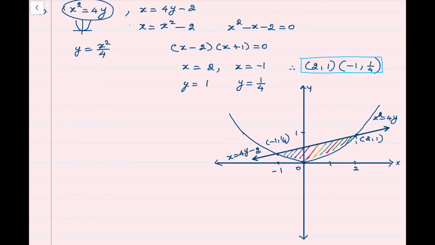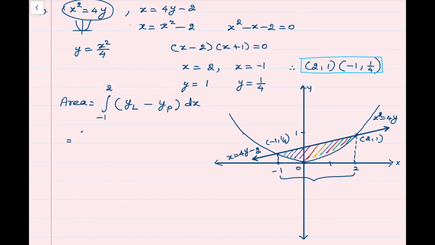We will draw the limit lines. Here the area to be calculated is between 2 curves. Whenever area is between 2 curves, we have to do upper curve minus lower curve. Therefore, the required area is, I am doing with respect to x axis, and for both the curves the limits are -1 to 2. See the line as well as the parabola. Integral -1 to 2 of y of upper curve here is line, minus y of lower curve is parabola,